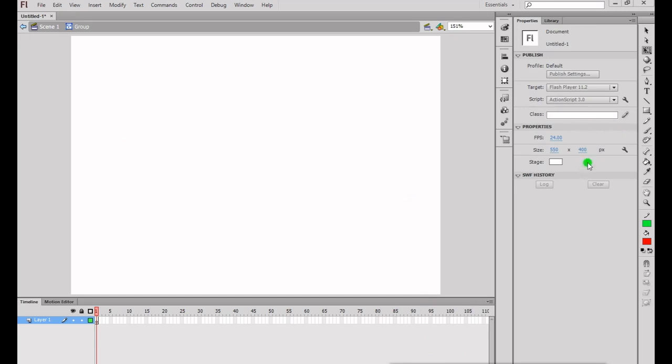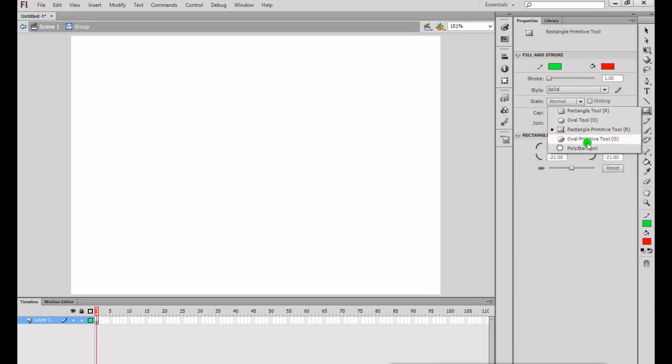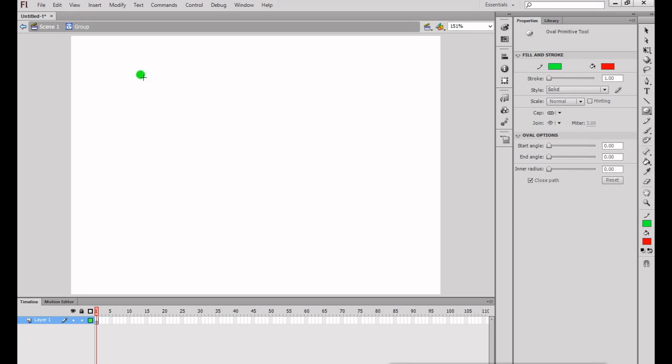The next, how to draw oval primitives. Just click here. Below the rectangle primitive you can see the oval primitive. Click and drag the mouse on the stage and leave.